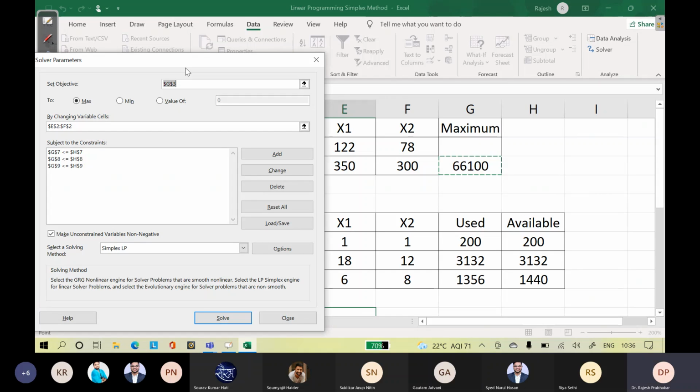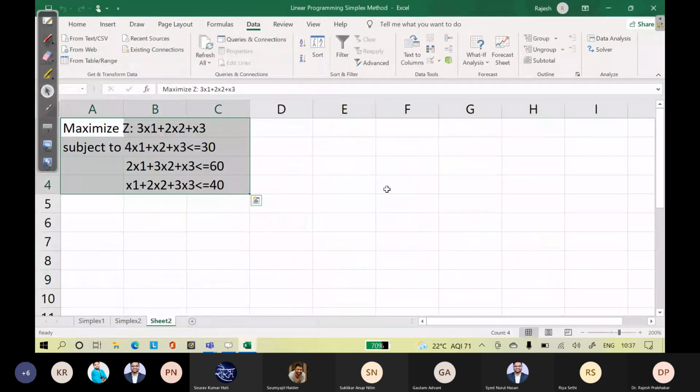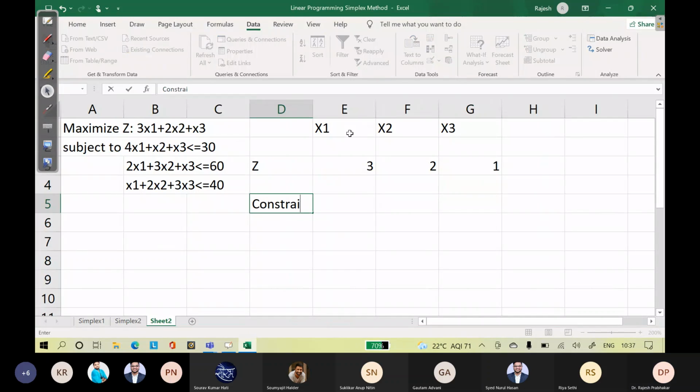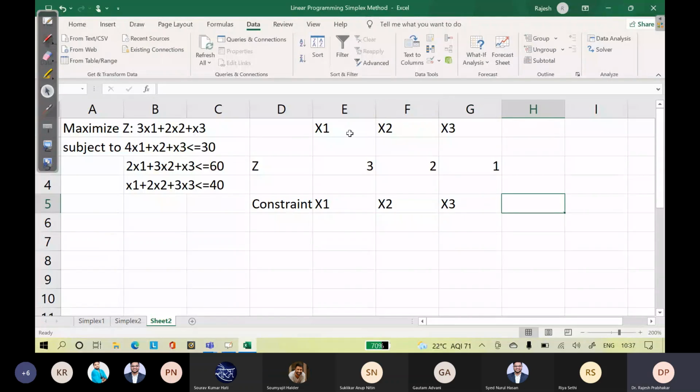Okay. Can I go back to the next problem, please? So we have x1, x2, x3. The maximization function 3x1, 2x2, 1x3. Constraints. So constraints also x1, x2, x3 used, available.